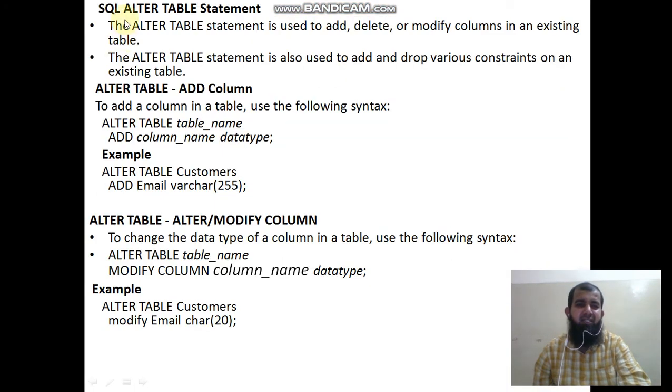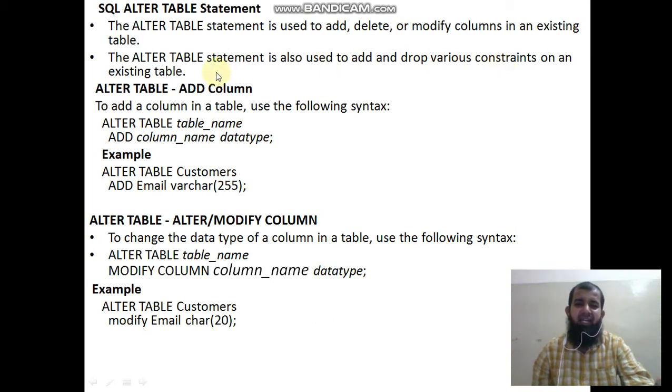Second command is alter. The SQL alter table statement is used to add, delete, or modify columns in an existing table. The alter table statement is also used to add and drop various constraints on an existing table.